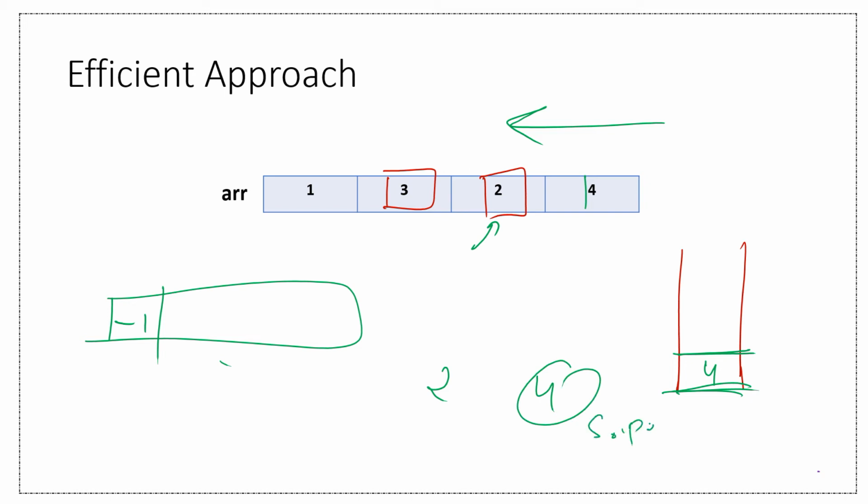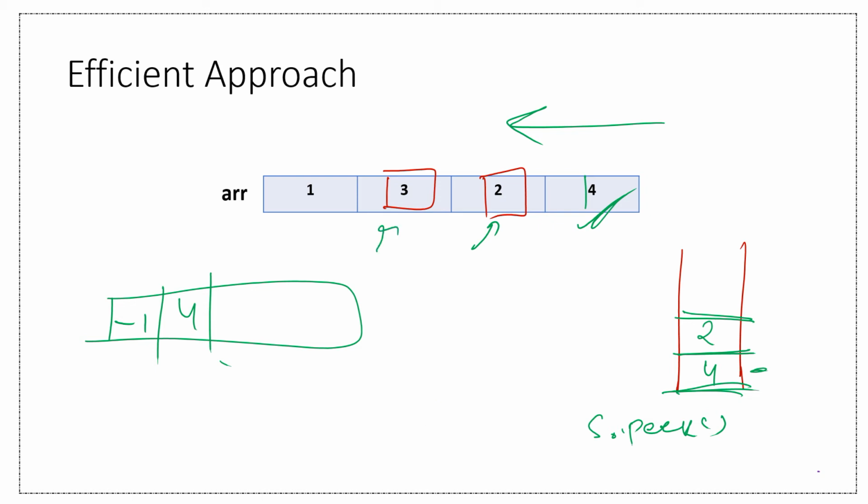And what is 4? The stack dot peek, the top element of the stack. So we will compare. After comparing we see this element is greater than 2, so add it to the array. And since it is greater than 2, don't pop it because we need 4 also. Now also push 2. We will push every element in the stack at the end of our code. Now after pushing 2 we move forward. Now we come to 3.